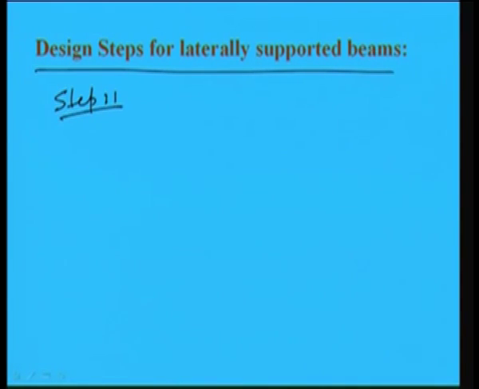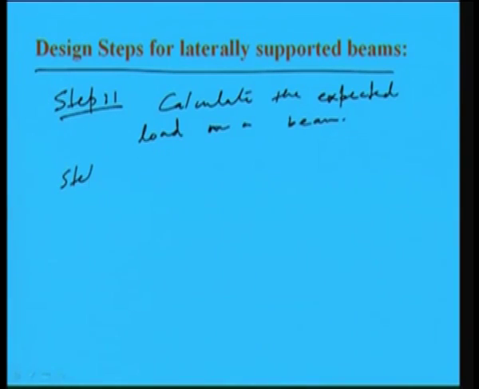Calculate the expected load on a beam. That means we have to find out what load is coming into the picture on a beam. Load means imposed load, dead load, and including the self weight. So, all this load has to be calculated, then we have to see what load is coming, and accordingly in the next step we will find out the maximum bending moment and shear force. So, in step 2,